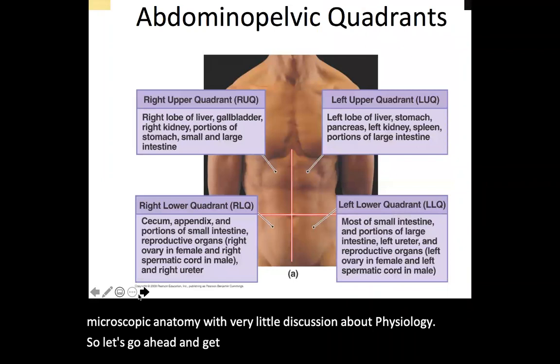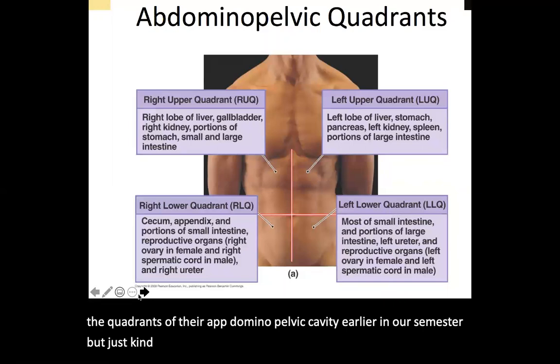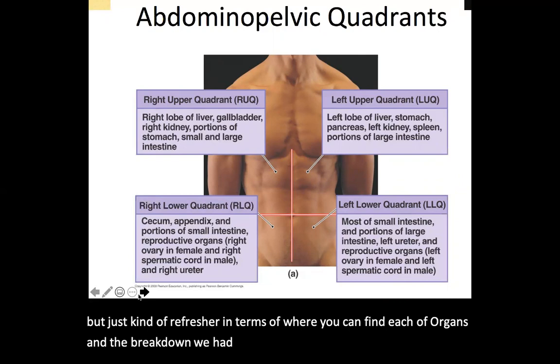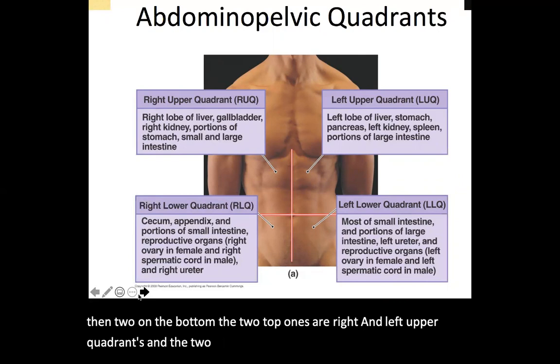We have learned about the regions and the quadrants of the abdominal pelvic cavity earlier in our semester. But just a refresher in terms of where you can find each of the organs and the breakdown. For the quadrants, we have two on the top and two on the bottom. The two top ones are right and left upper quadrants, and the two on the bottom are identified as right and